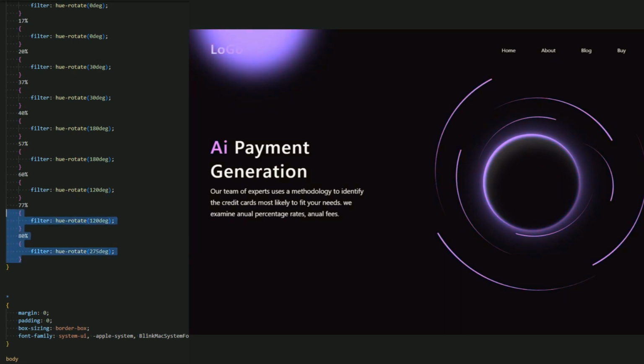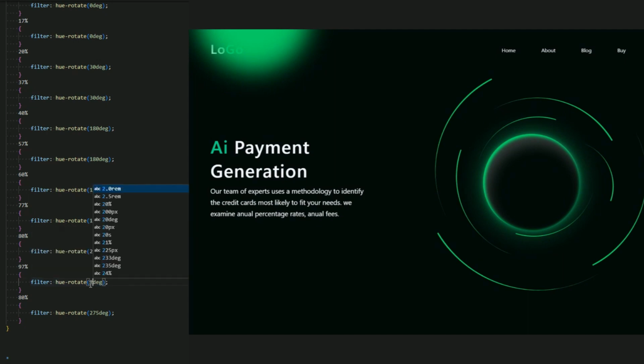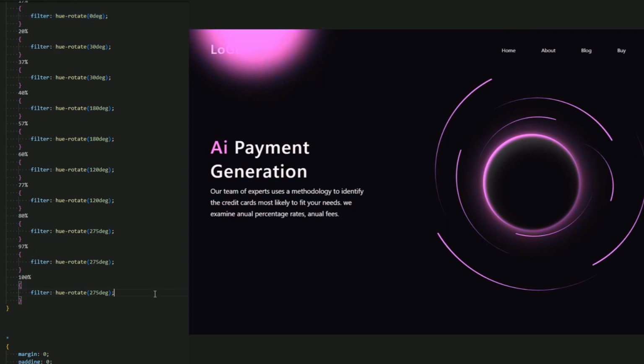But let's add a last keyframe, which is 97%. Let me add the same color again, because we want the same color, and 100%. Let me go back to 0% of this color. As I said, guys, you can change the color as you like.